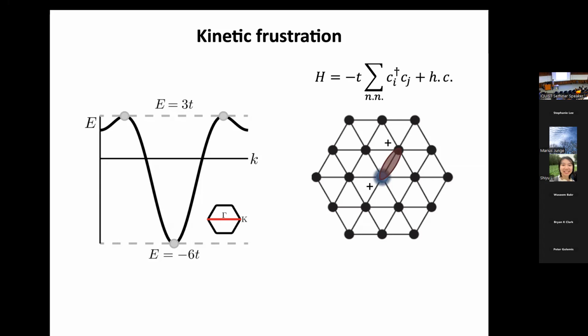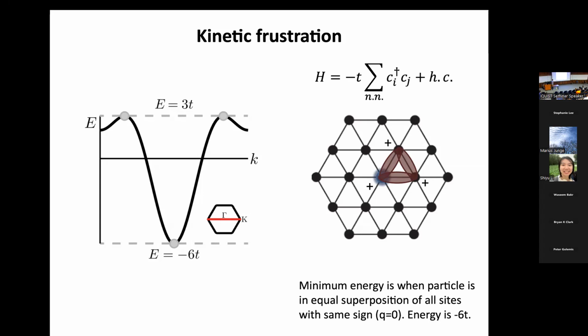Here's a symmetric superposition. But then you can also delocalize it here and delocalize it here. And then you delocalize it everywhere, right? And this works out. You have the same phases everywhere. And so you create this zero quasi-momentum state, where it's a superposition of all the possible sites.